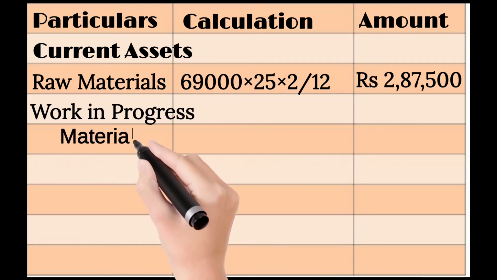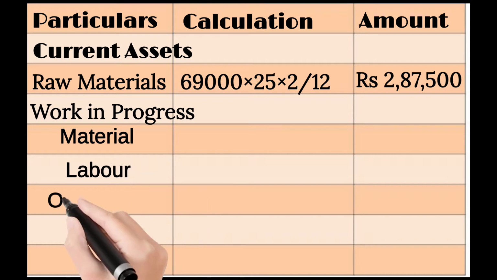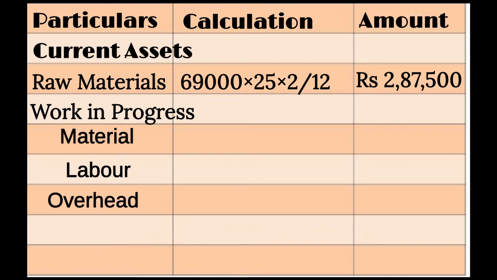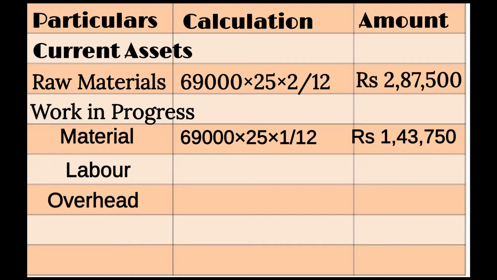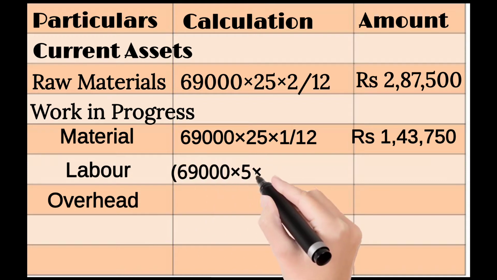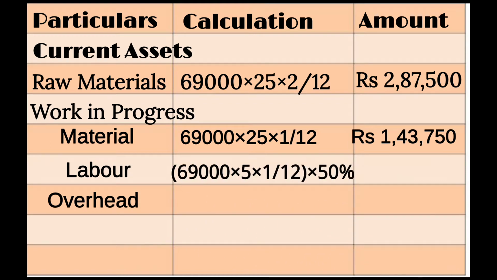Next is the work in progress. In the particulars, we have seen that raw material for work in progress is used 100%. So 69,000, the total units to be produced, into 25 into 1 divided by 12, because the process of production is 1 month, which gives us raw material for work in progress of rupees 1,43,750. Labor and overhead are used at a capacity of 50%